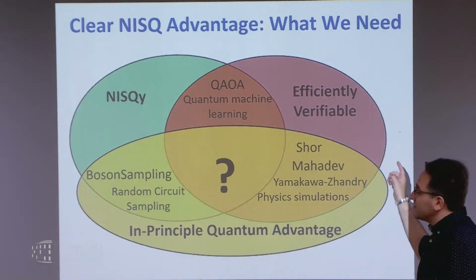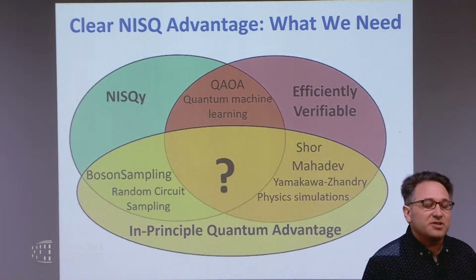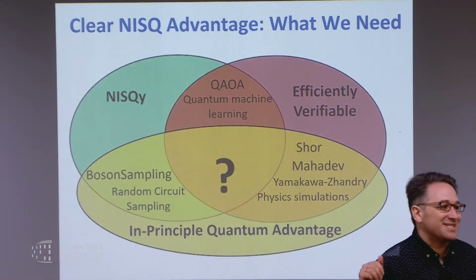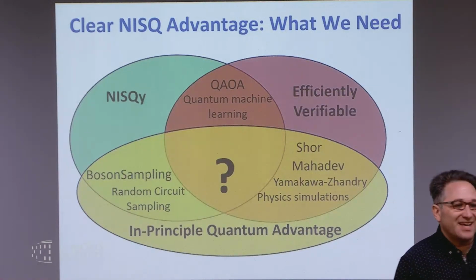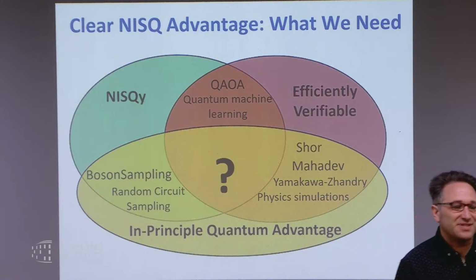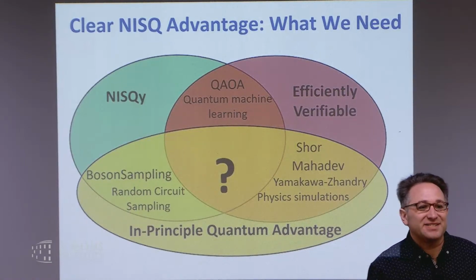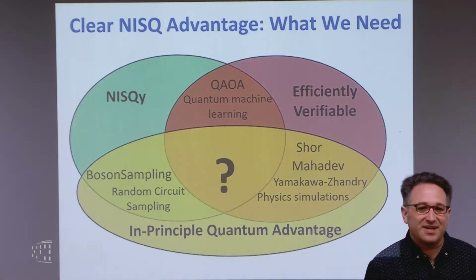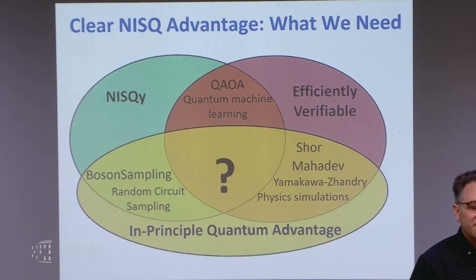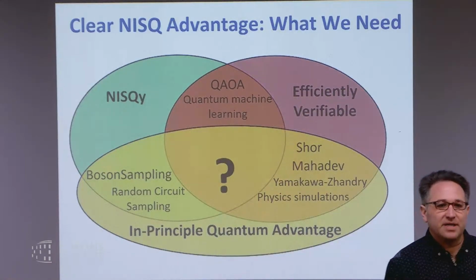Okay, and then there's this third property that we want: to be able to verify the answers. We want to be able to prove to a skeptic what we did. And this has actually been a big sticking point for quantum supremacy experiments over the last 5 years, right? Because what we've seen with random circuit sampling, the kind of thing that Google did,